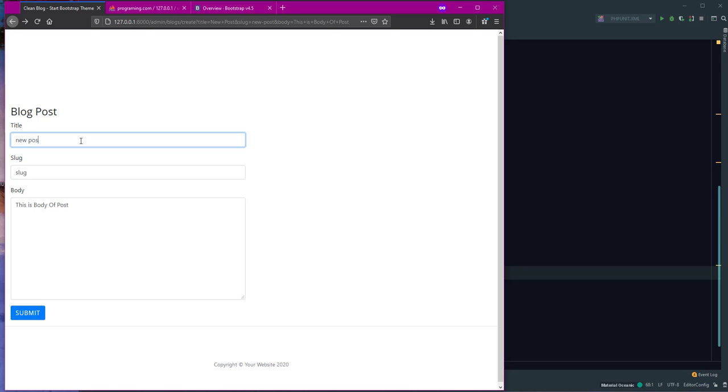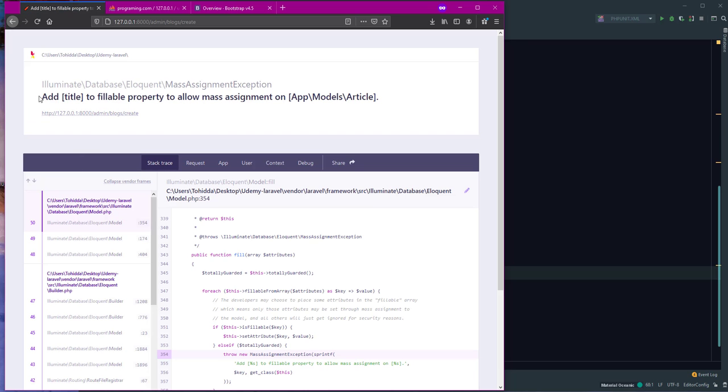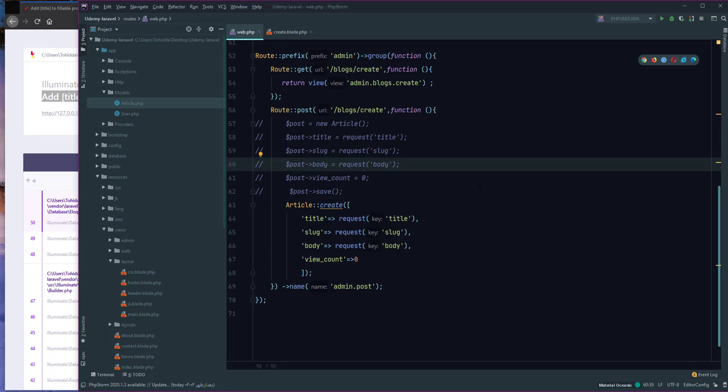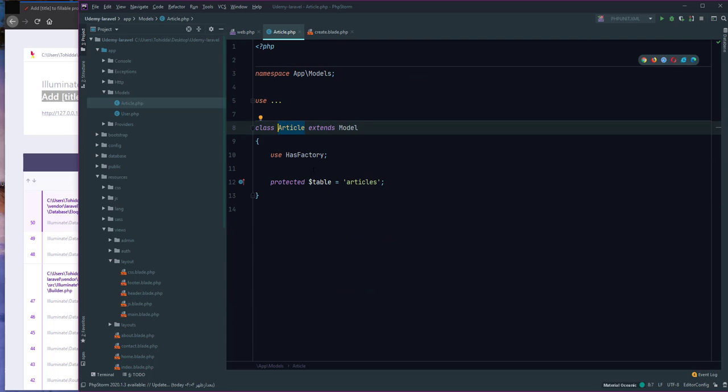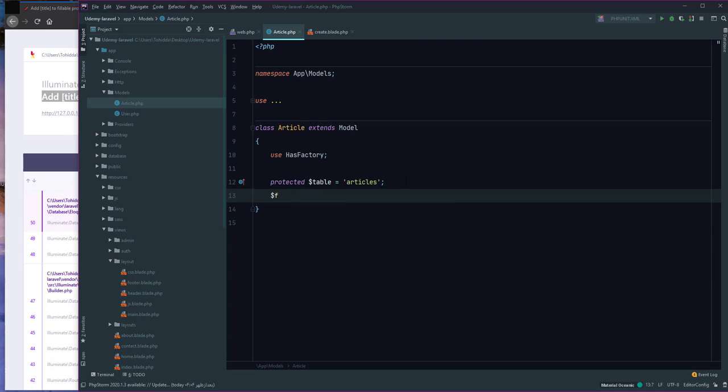Okay, if I go back and refresh, new post, slug, and this. Okay, submit. If you submit, error label. Okay, for create and access, use the article method, open article and use label, dollar label, use product label, and